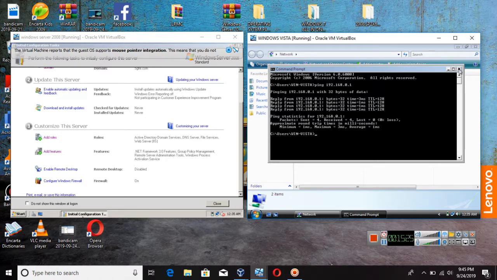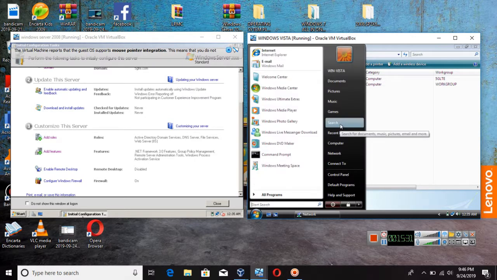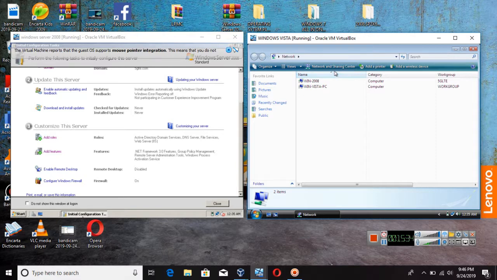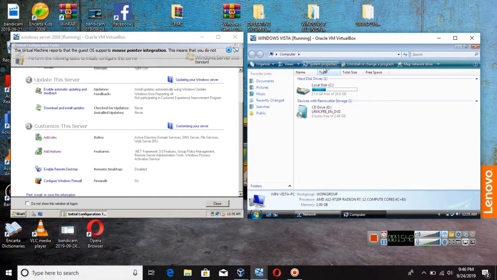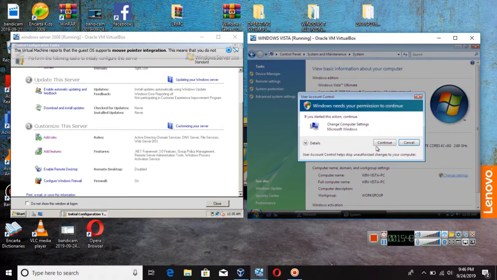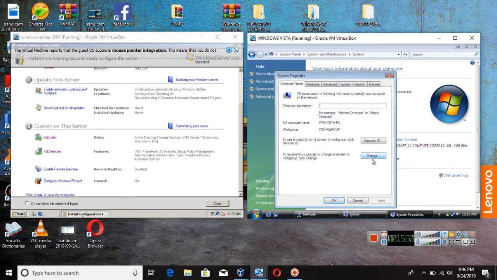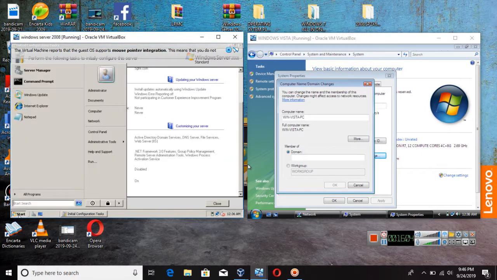Right, so now you go on network properties, I mean, sorry, my bad, my computer. You go on My Computer, System Properties, Change Settings, and go to the part where it says to rename this computer, right? Right, so as you can see, the domain is here to create, okay? So our domain is, let's see,